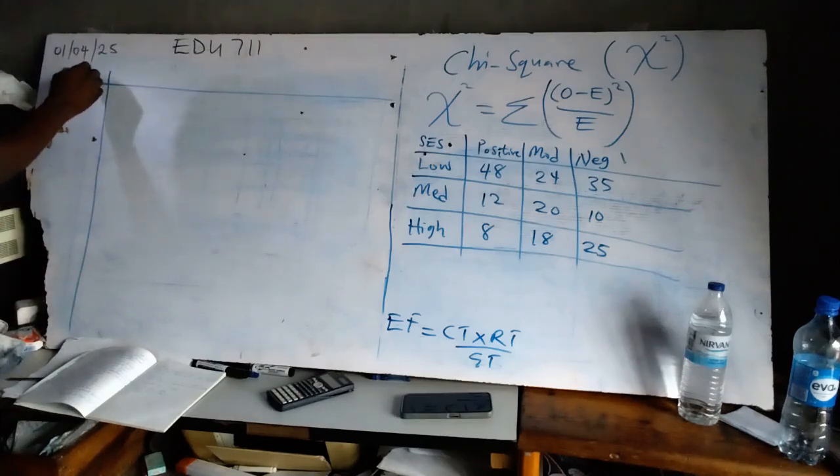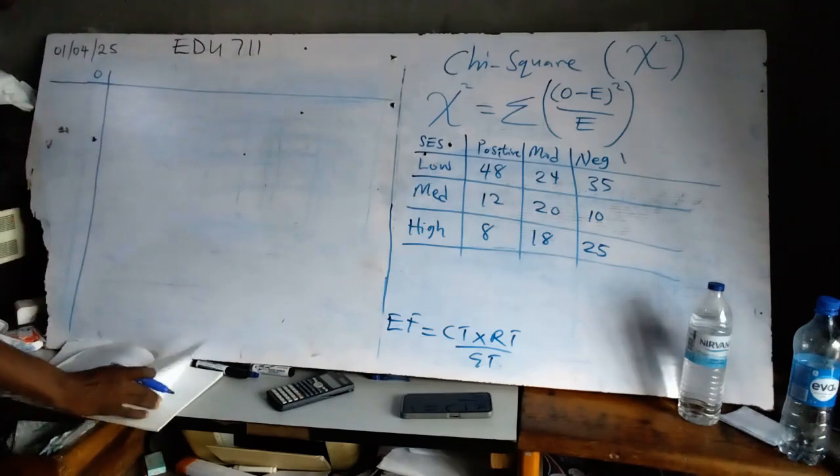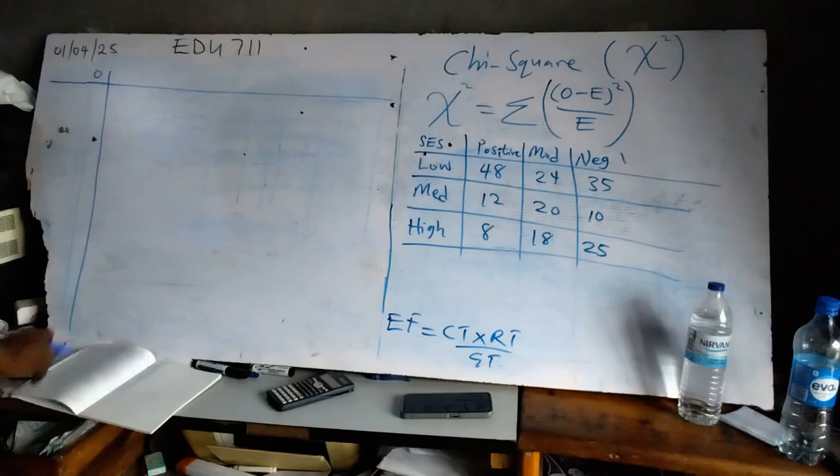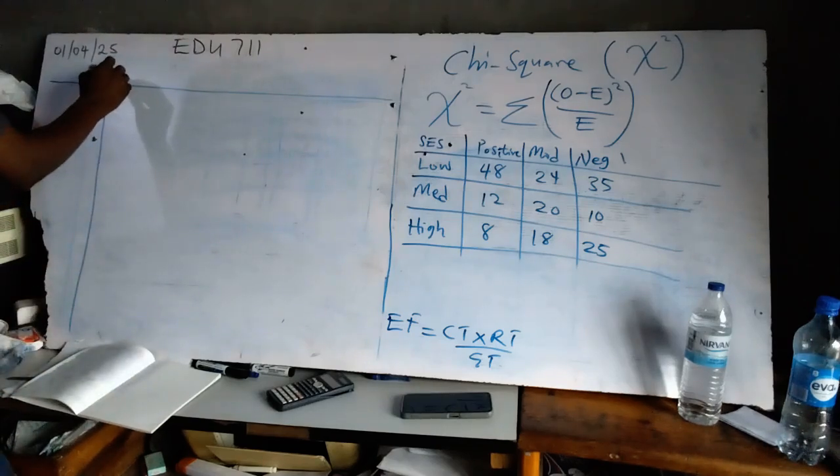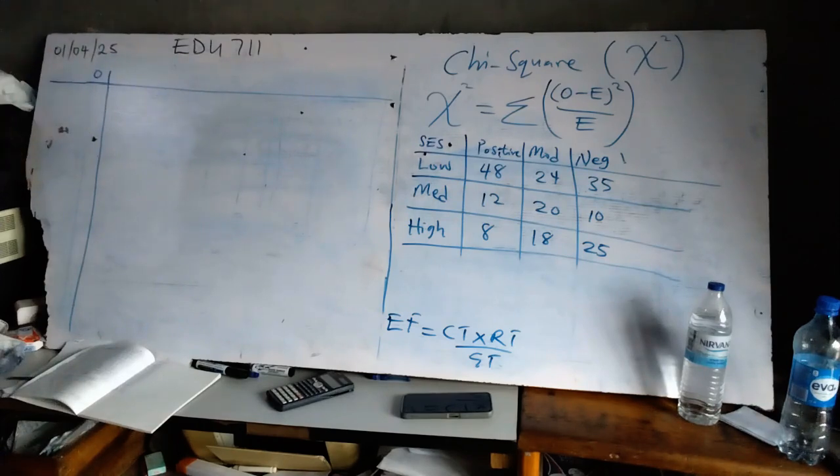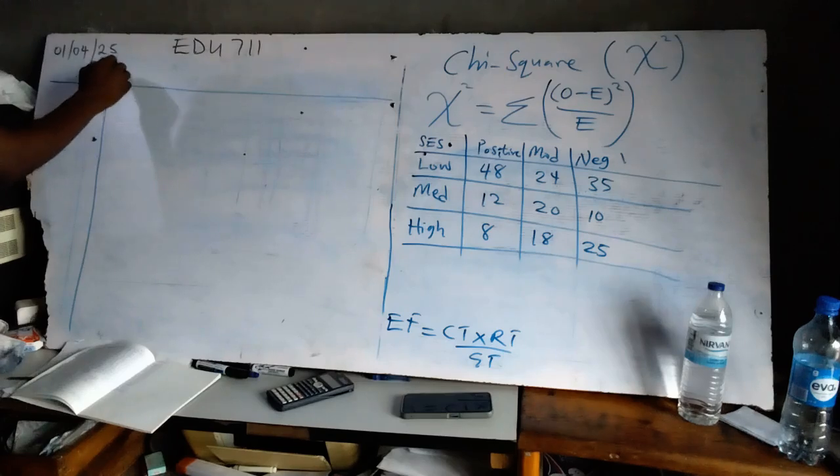So this will be our observed, then followed by our expected. Okay, I do encourage, to avoid mistakes, let's have our observed, our expected,